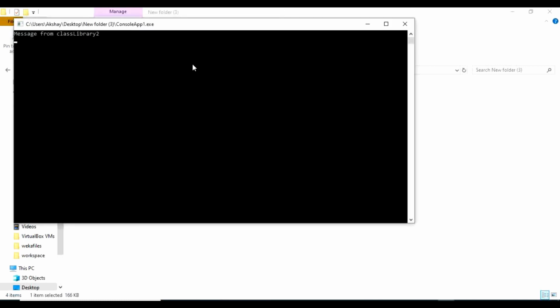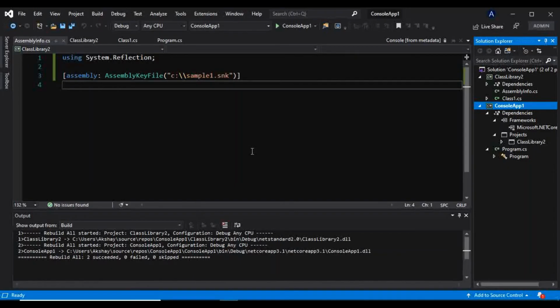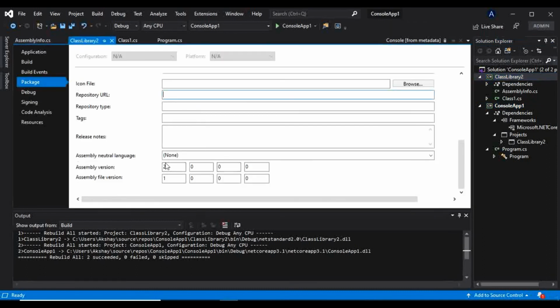It is working fine. But now, as this class library 2.dll is a strong name assembly, if I go to this class library 2's project, it is opened here, and I will change this assembly version from here.